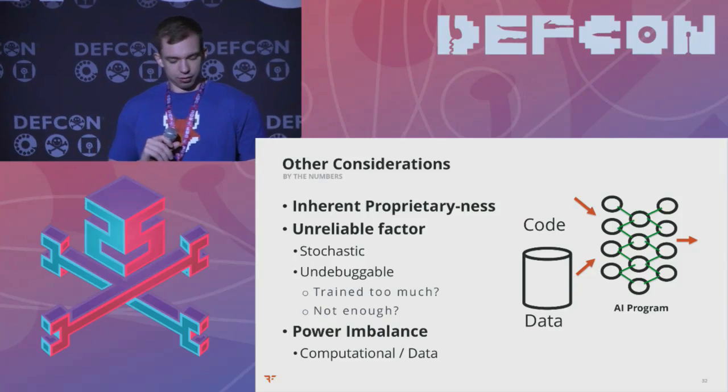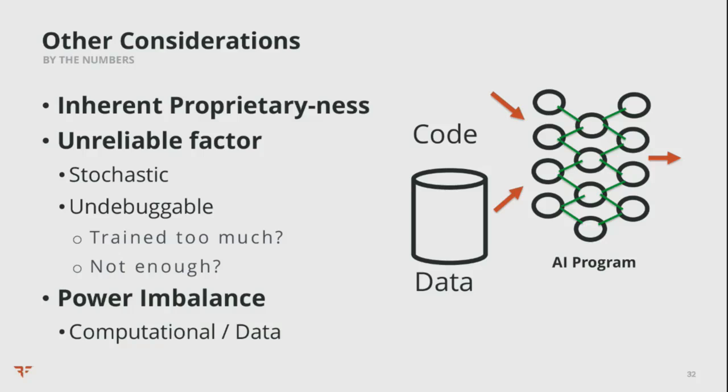So some other considerations here about neural networks and AI and hacking in general. Neural networks have this kind of inherent proprietariness to them in that there's no really good way to debug them or to know what they're doing, even in principle. Your code, your logic, the thing that determines what your program is doing is a shape. It's a literal geometric shape, not figuratively. It's a function that has a shape.